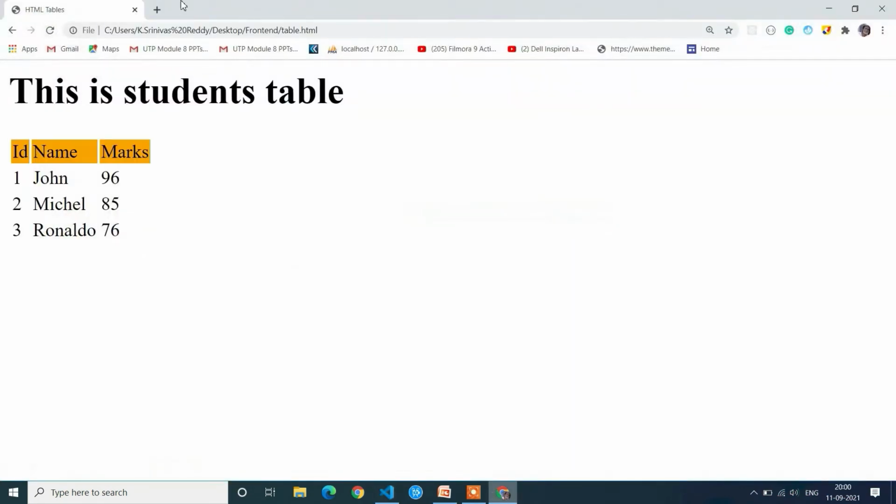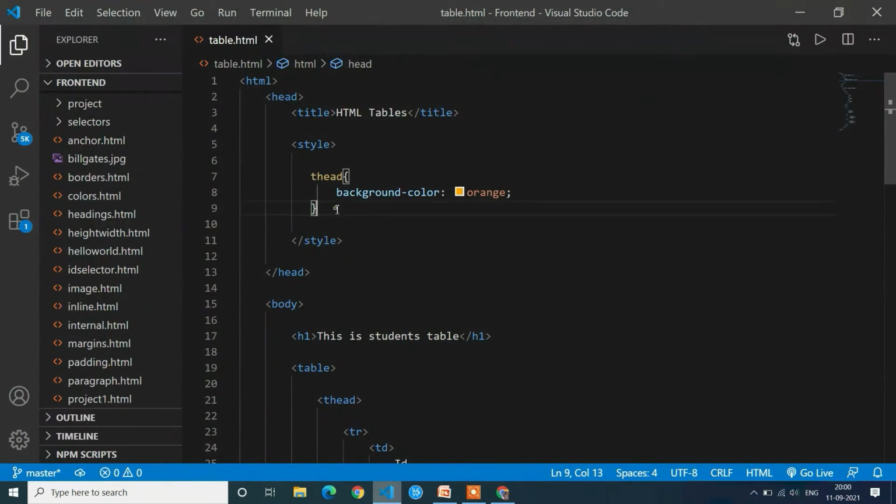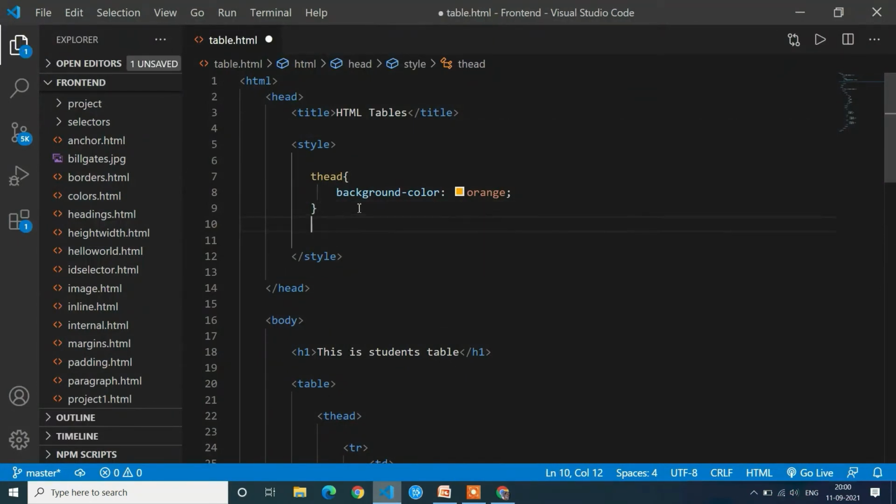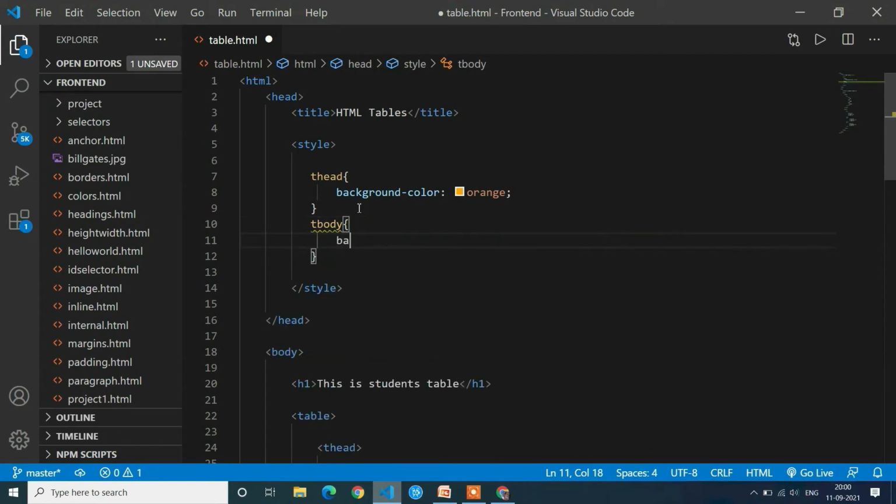Here you can see we got the table header background color. Table header background color is orange. So now I will add the background color for rows, or we can add the background color for T body also. T body background color is,